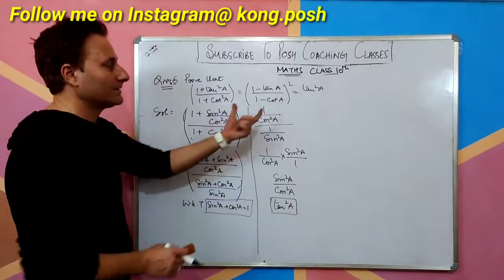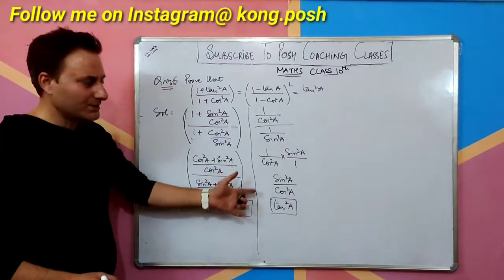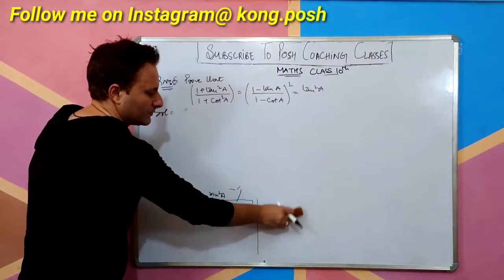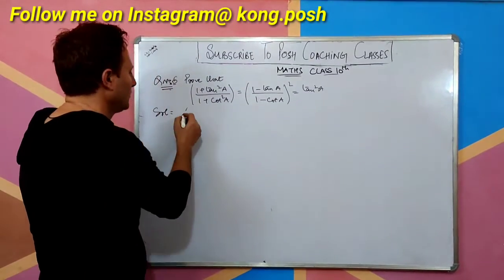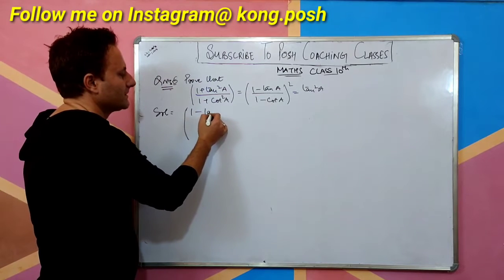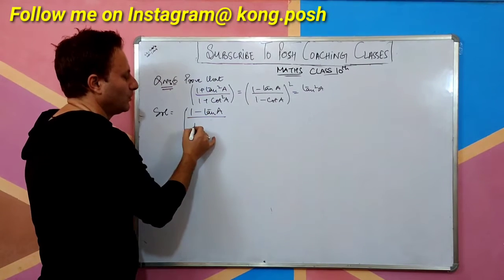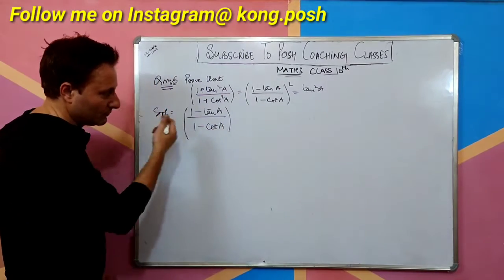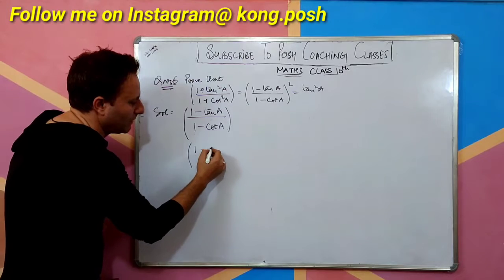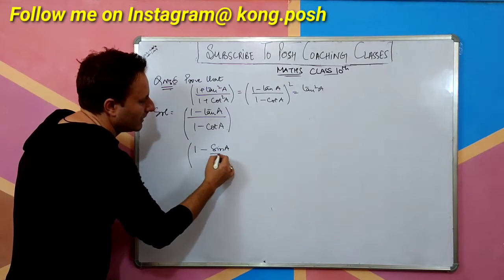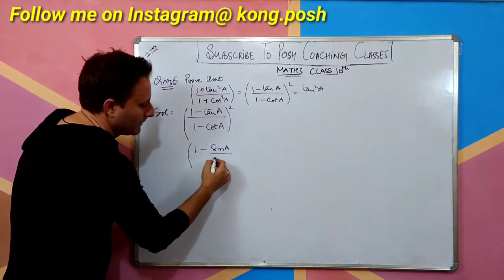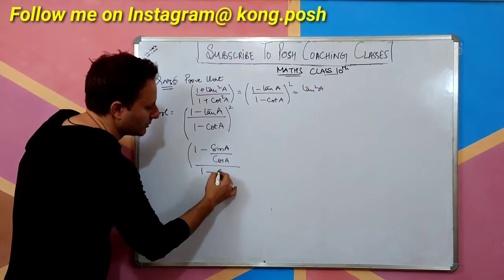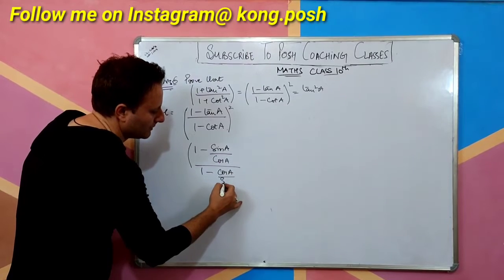So now I will take this one. I hope you understood this. Very simple. So I'll take the other one now. So the other one is 1 minus tan A upon 1 minus cot A. Now what to do? We'll do the same thing. 1 minus sine A upon cos A whole divided by 1 minus cos A upon sine A